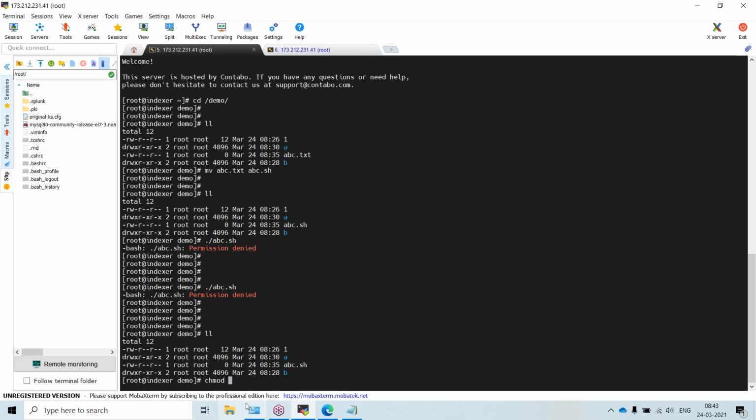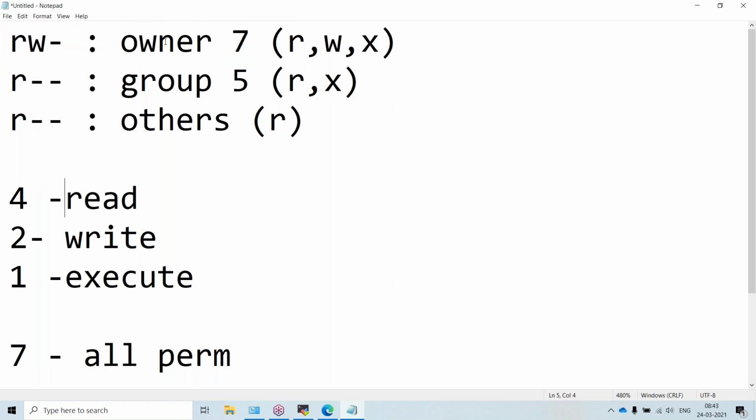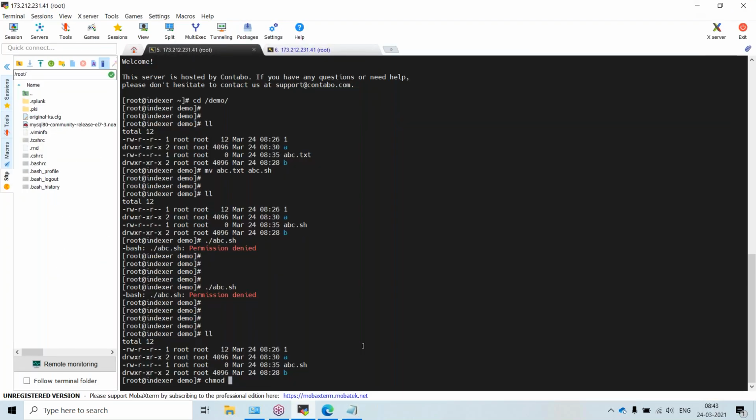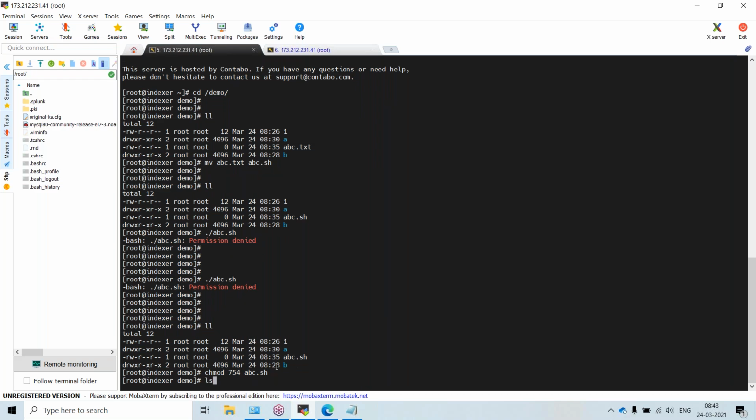I can give something like 754. 7 means the owner gets read, write, execute, so the owner will have all the permissions. Group users will have read and execute, and others will have only read permission on abc.sh. If I give ls,